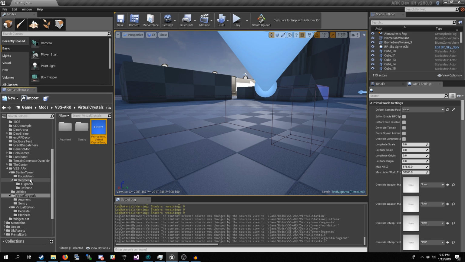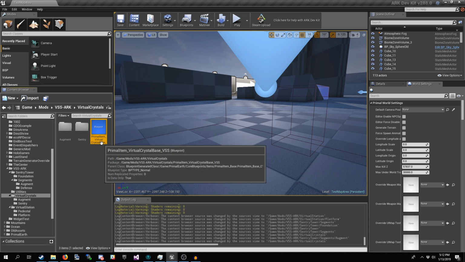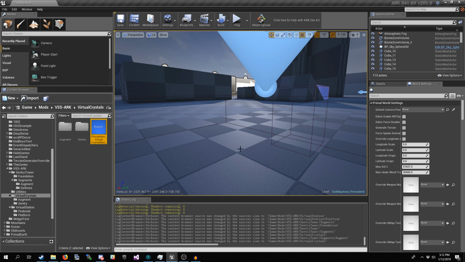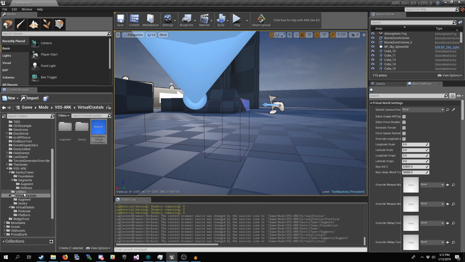Now, as you can see, this is sort of the process where we run into problems, we come up with solutions. The solution to not being able to do both a structure and equipment was to pick one. And the one that gave us most of what I wanted to do happened to be the item rather than structure option. Now, the next thing that we did, and the primary focus of this episode, is we actually went into our Sentry Tower Foundation.